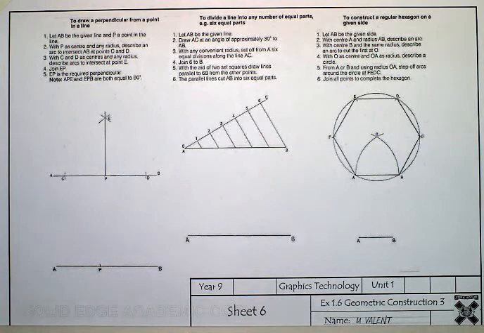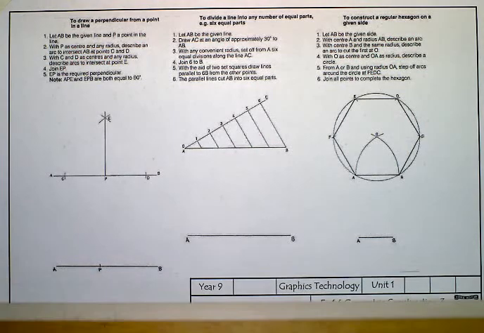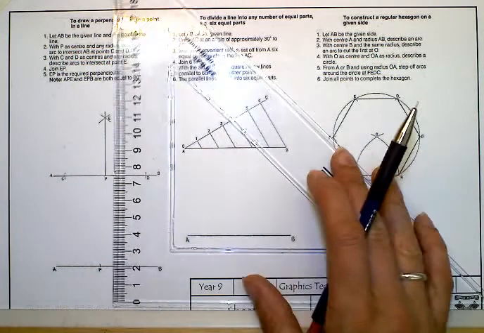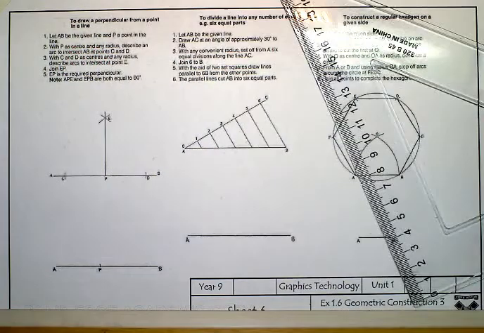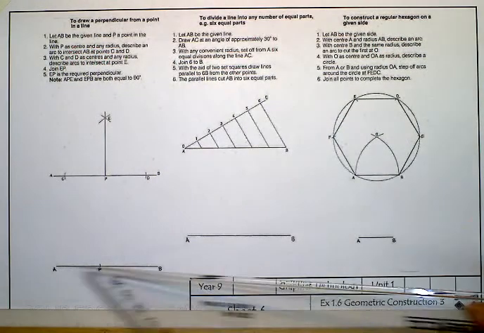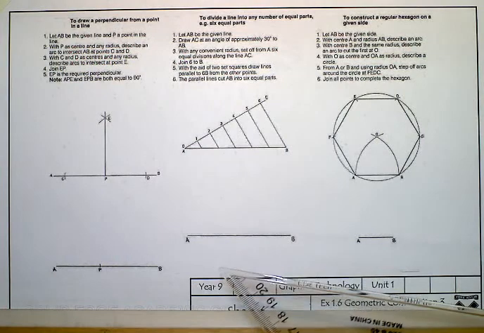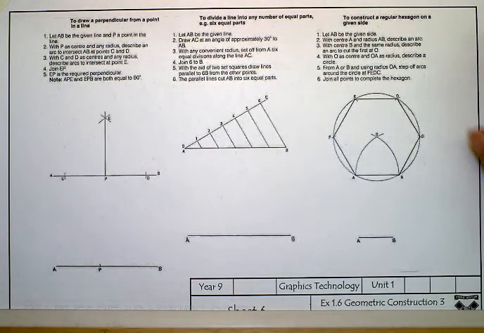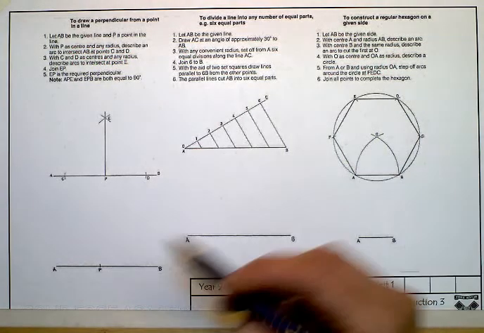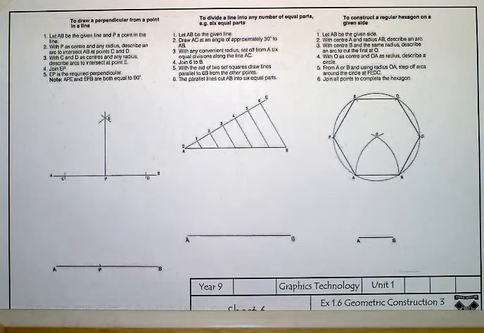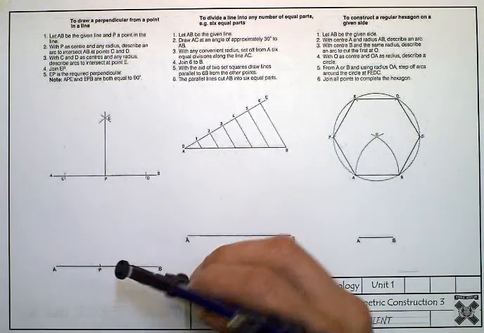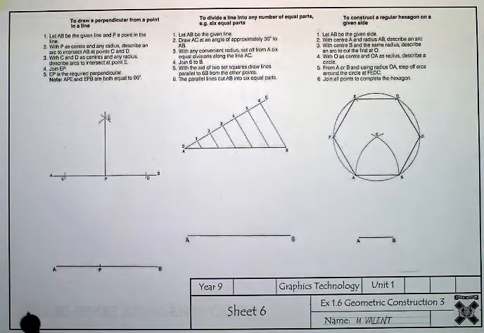Now, if we've lined that up correctly, we really should just be able to do that. But there is a correct method. If that wasn't necessarily lined up with a t-square and perpendicular with a set square, then we could use this method. So with P as a centre and any radius, all with your compass again, with P as a centre